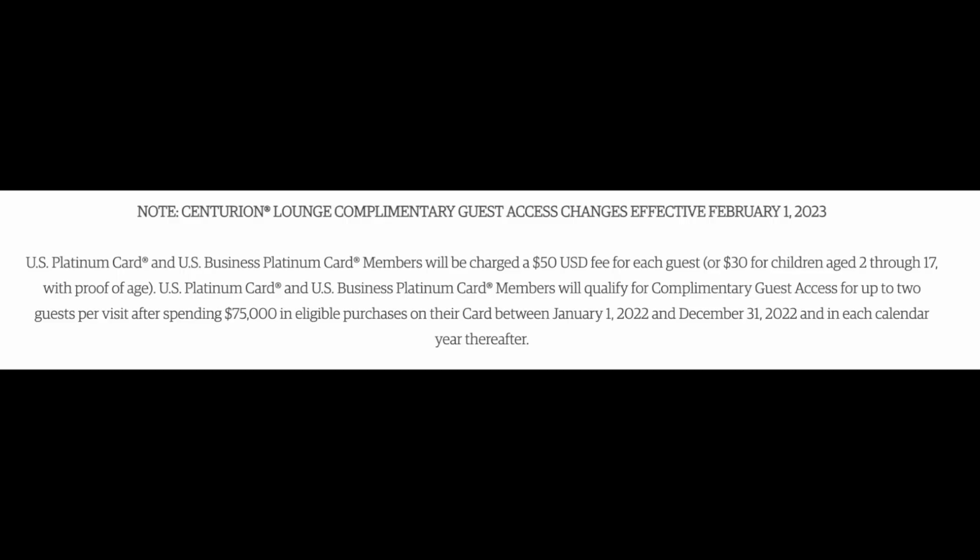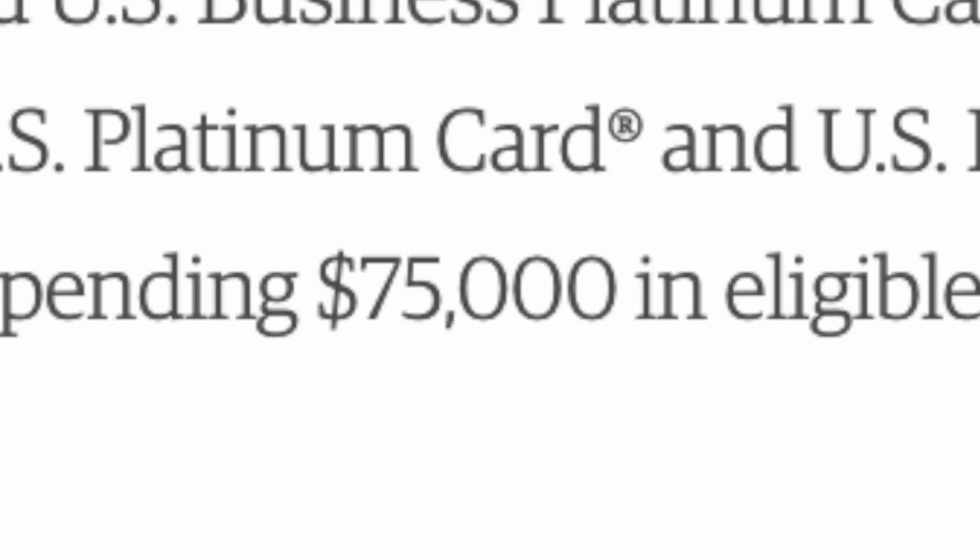For current holders of the American Express Platinum card, you can actually bring 2 guests in with you. After February 1st, 2023, you're gonna have to pay $50 for each guest and $30 for children. But if you spend $75,000 or more on the card, well, you can bring 2 free people. Big deal, right? With that said, let's take a look at what you can get going to the Centurion Lounge